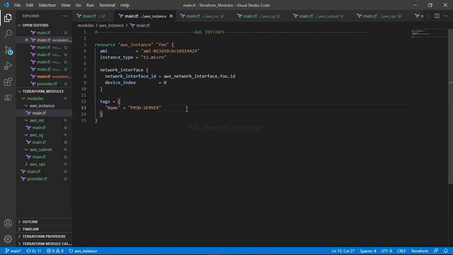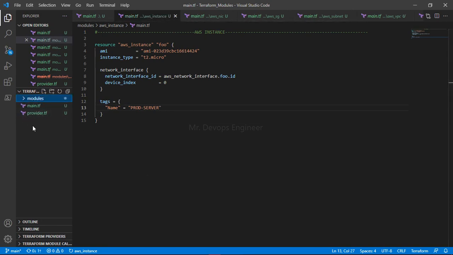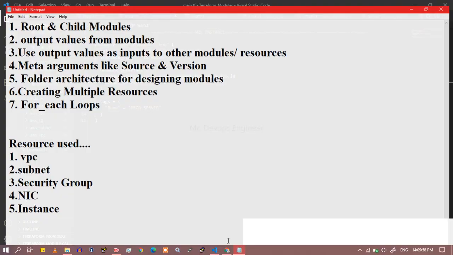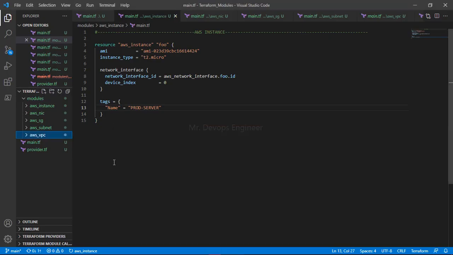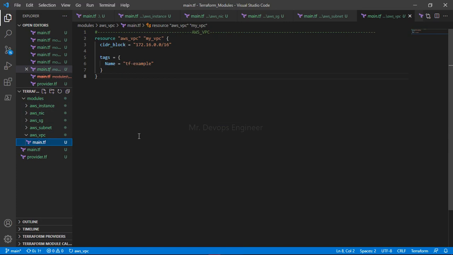Okay. So this is done, and all our modules are ready, and this is the folder structure we are getting, right? So this is our main module, which has all the child modules here, right? You can see, as we have discussed, we are ready with all the modules. And what is the next thing we have to do? You can go to each and every module and variabilize all these things, okay?